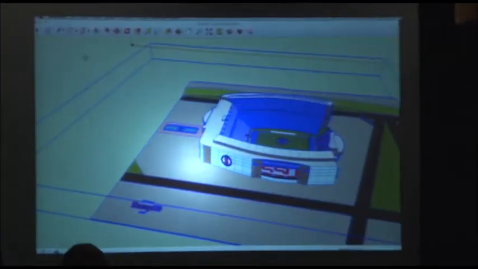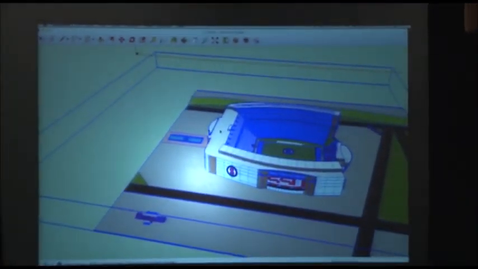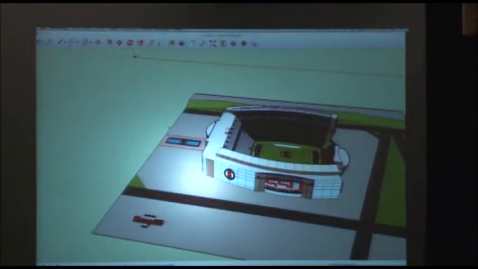And I'm going to set it down right on top of a lady here, but sorry, this is a really big model, apparently. Come on. There we go. Okay, so now I have this 3D model of the stadium.